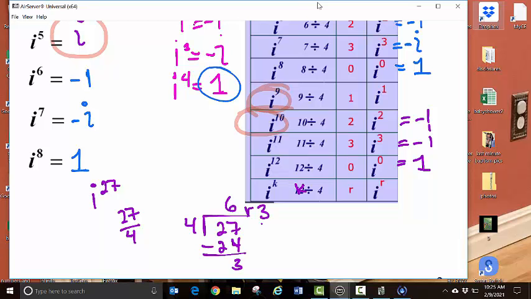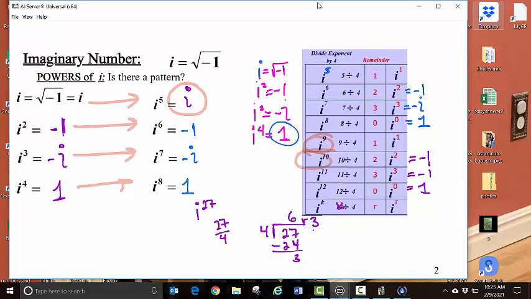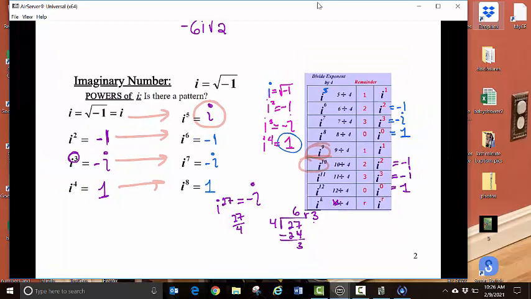Take your exponent, divide it by 4, and look at your remainder. If your remainder is a 3, then your answer is going to be whatever i to the third is. So negative i. And I'm just going to leave it at that. Bottom line,